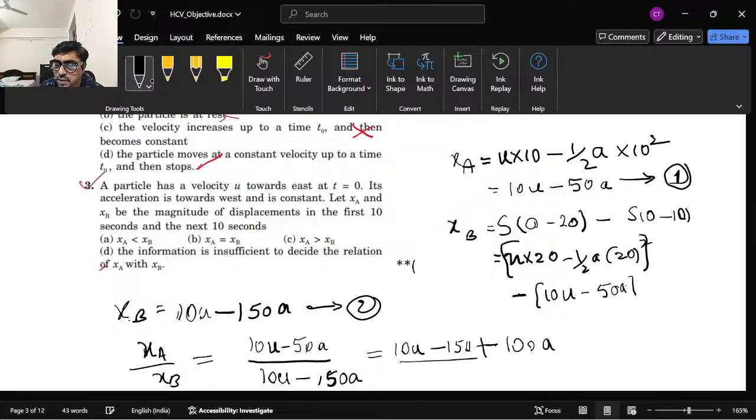I'm writing it like this. 50 I am writing as 150 minus 100. You will get this as 1 plus